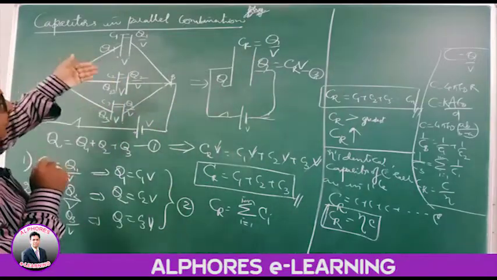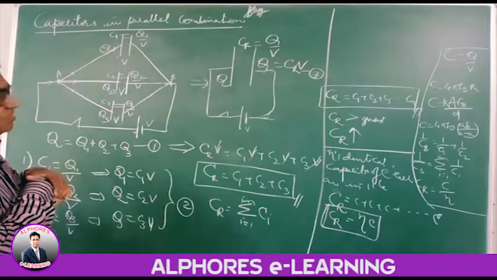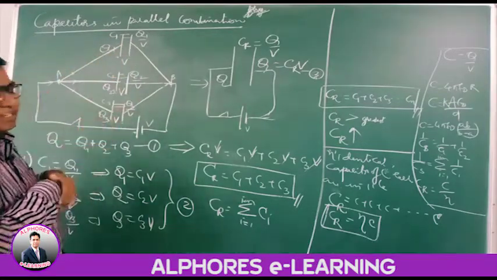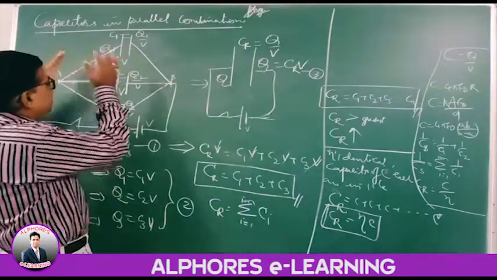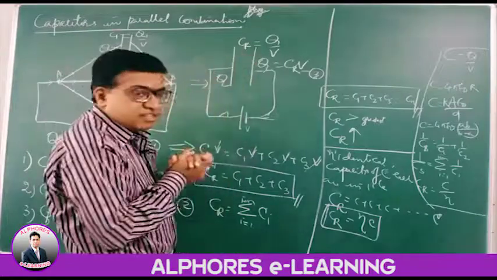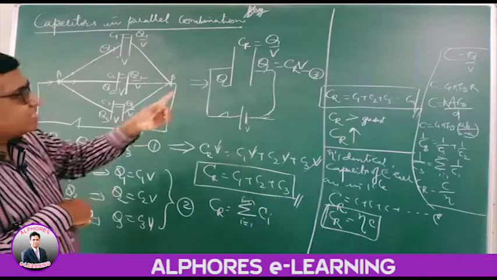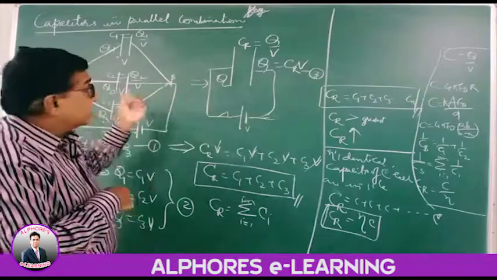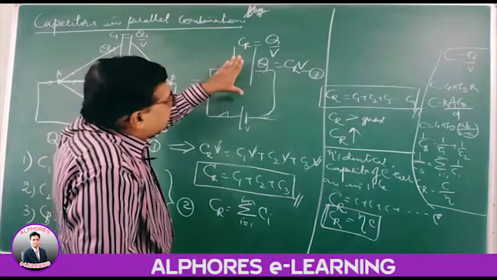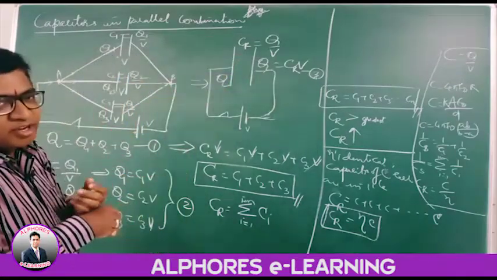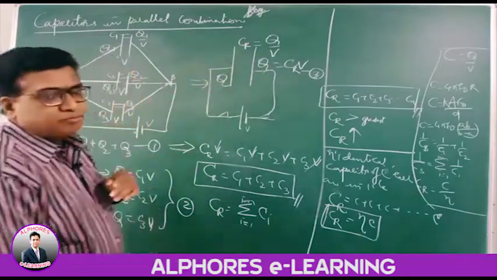Well, taking the definition of capacity, finding out the capacitance, for the first capacitor C1 is Q1 by V, second C2 is Q2 by V, third C3 is Q3 by V. If the resultant of all these is equal to one single capacitor, if this single capacitor is equivalent to these 3 capacitors, then this is called the effective capacitance, the equivalent capacity or the effective capacity of the combination. So this resultant is Q by V. Q is CV.